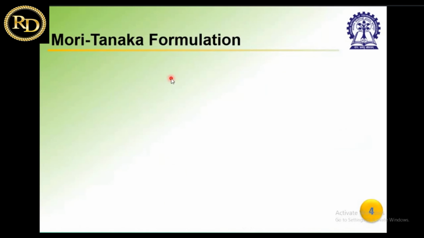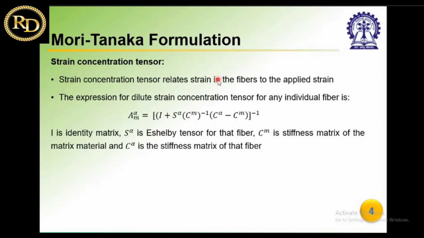For the Mori-Tanaka formulation, the Eshelby tensor was applicable when there is a single inclusion in a matrix. But as you know, one fiber also affects the properties of the other fibers. So let's say there is some stress in one fiber, that stress will also affect the stress in the other fiber. So Mori-Tanaka was the first to relate these stresses and strains in the individual fiber and also to the overall fibers. The strain concentration tensor basically relates the strain in some